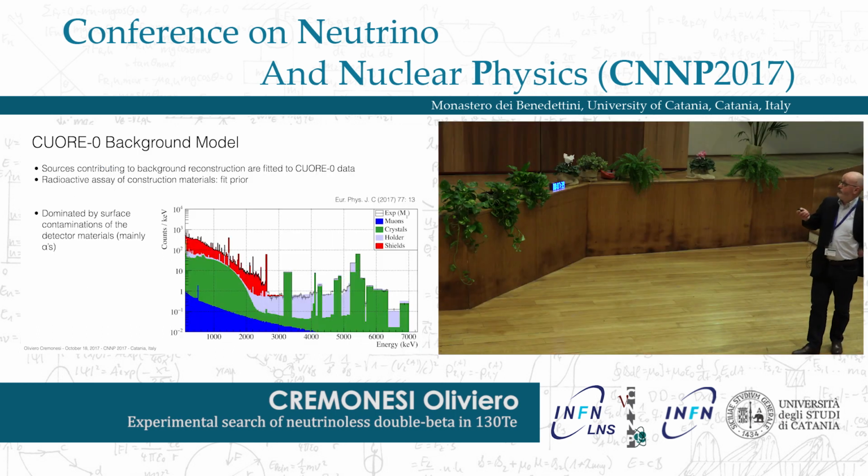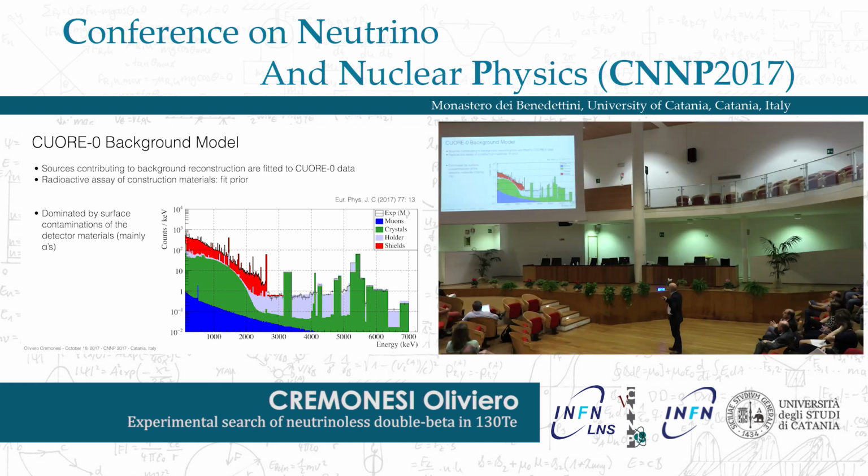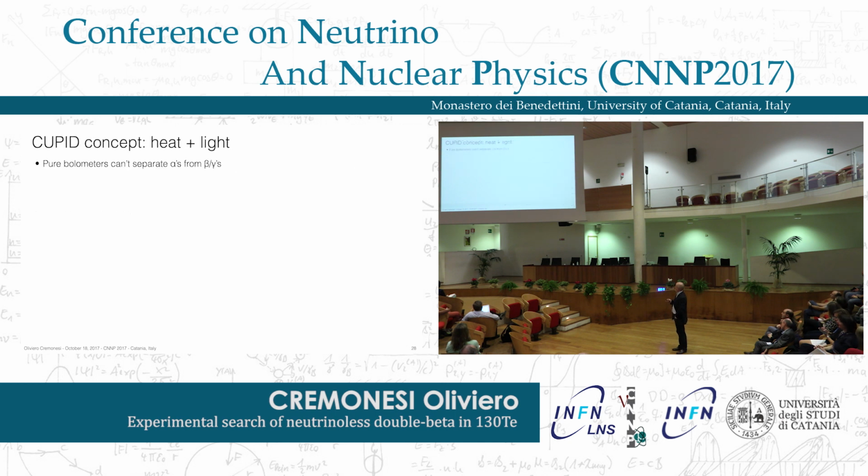Let me try to explain this in more detail. This is what we have now, which is the CUORE background model. As you can see, the region of the double beta decay isotopes is this one, which is dominated by a green line, which is actually the alpha contamination of the supporting structure. So if you are able to get rid of this alpha contamination, of course, you go down by more than an order of magnitude, and you are able to improve your sensitivity in a very important way.